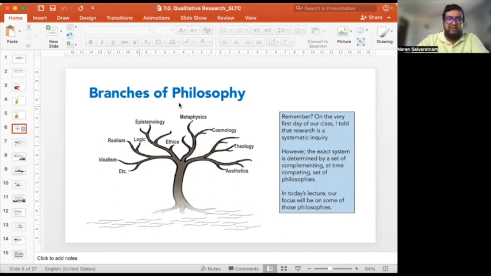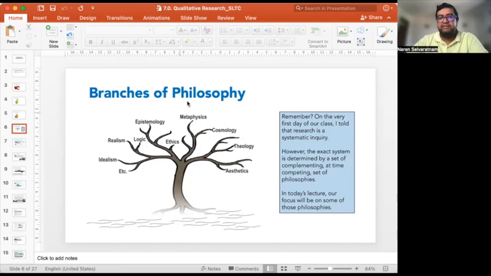Now, here you see a tree. Here you have multiple branches of philosophy. So philosophy is this umbrella-like thing which gets you to know more about knowledge. My interpretation of this might vary from a person who has done philosophy as their field of study. I'm a psychologist, and my understanding of philosophy is very limited. But if you know someone who has studied philosophy for their degrees, for example, Bachelor of Philosophy, Master of Philosophy, and stuff like that, you probably might have a better understanding about all of this. But just my understanding here,